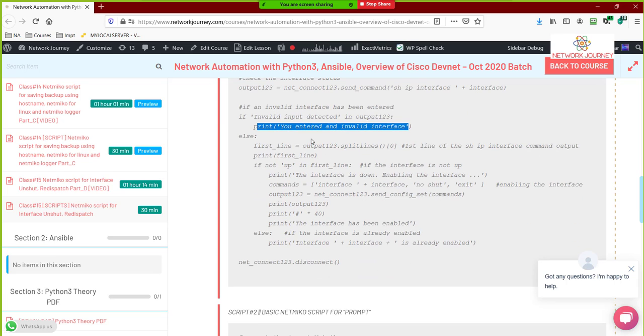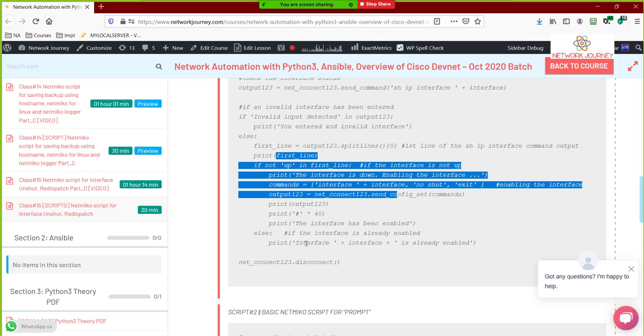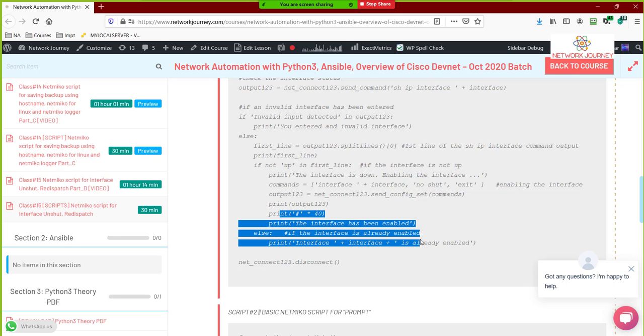If the interface is good, and now if the interface is up or down, depending upon that situation, we will do accordingly. Let's say here, if the interface is not up, then you are going to write this command using send config set, and you will bring this up, and then you're going to print it saying that the interface is up. If let's say the interface was already up, then you will just say that the interface is up and